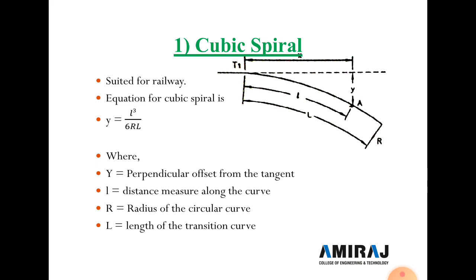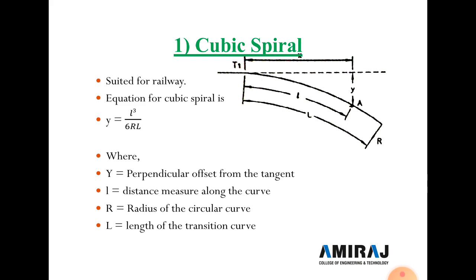So here, this type of transition curve, the cubic spiral transition curve, is suited for the railway network. And the equation for a cubic spiral is y equals L cubed divided by 6RL. So here, what is y? Y is the perpendicular offset from the tangent. This dotted line shows the tangent, and l is the distance measured along the curve. So here see, this l value is the distance measured along the curve, and R is the radius of the